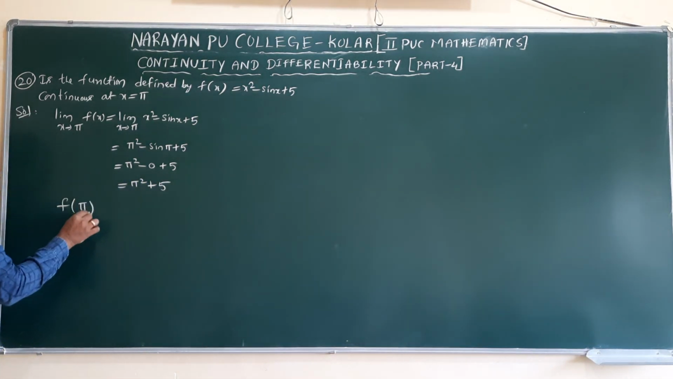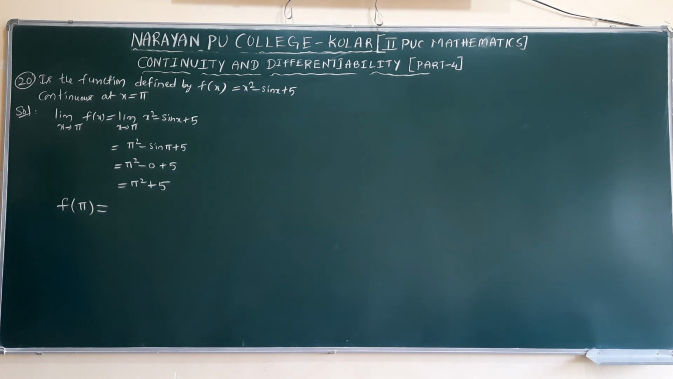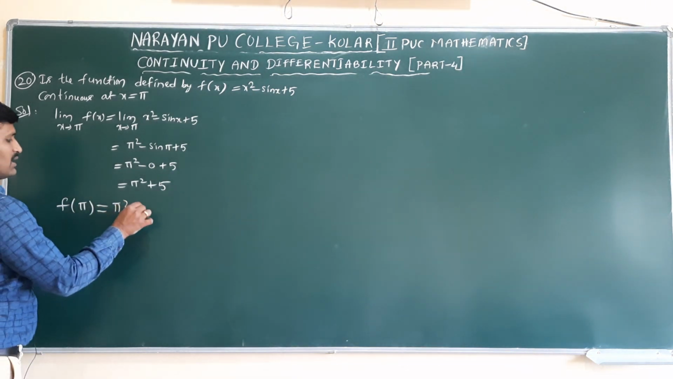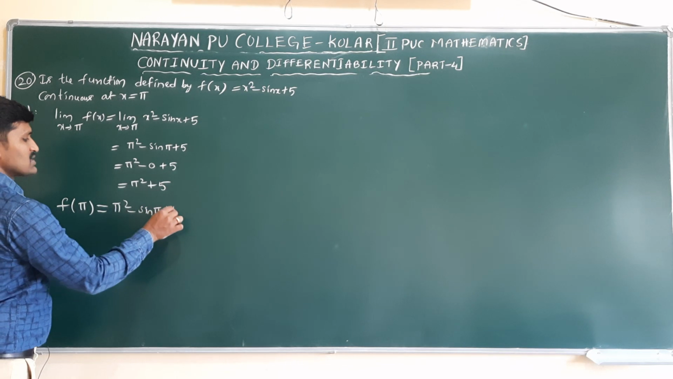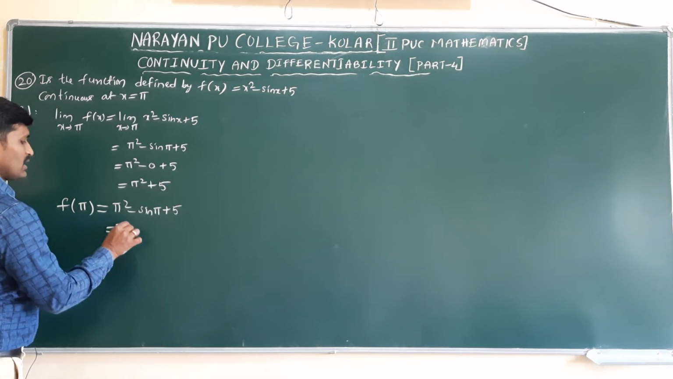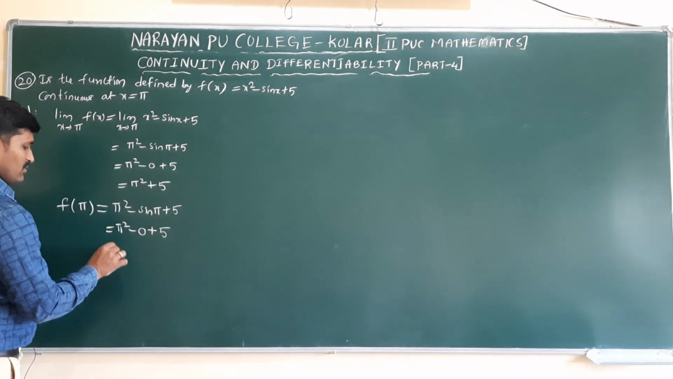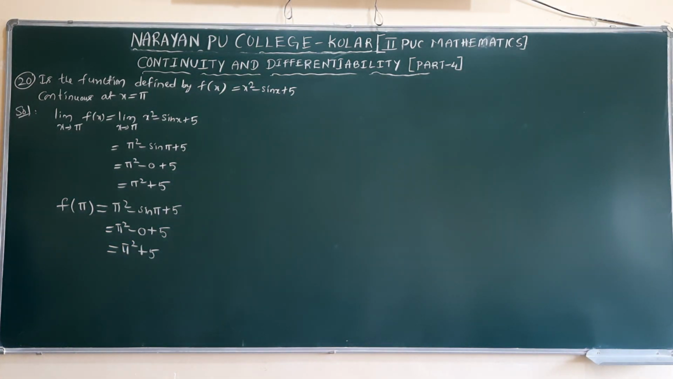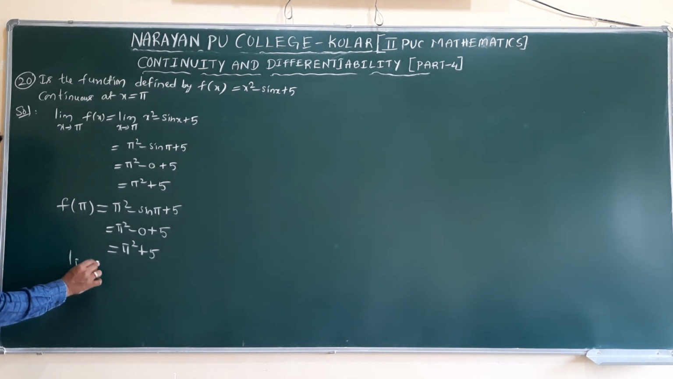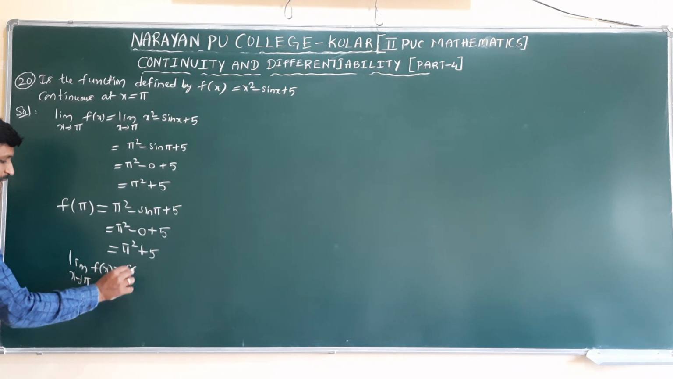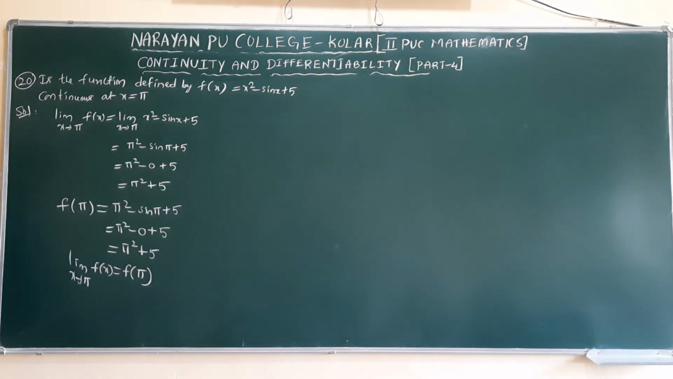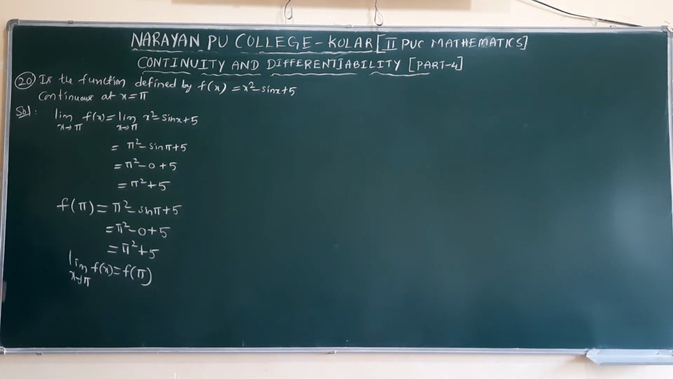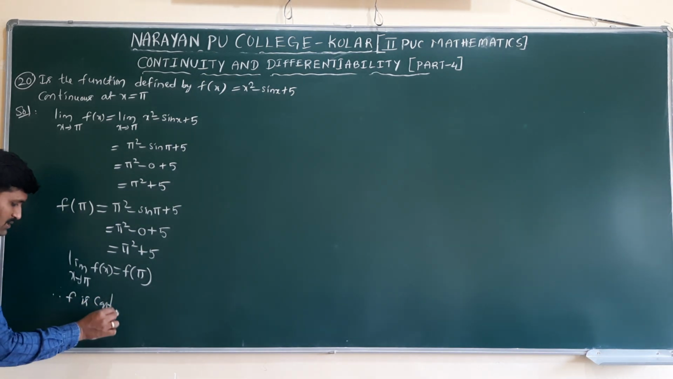Next, the function value. Function value means directly substituting in the function. What will we get? Pi square minus sin pi plus 5, same, pi square minus 0 plus 5. Now what is the value you will get? Pi square plus 5. Here again the limit value and function value both are the same. So limit x tends to pi of f of x equal to f of pi. From this what can we conclude? f is continuous at x is equal to pi. Therefore f is continuous